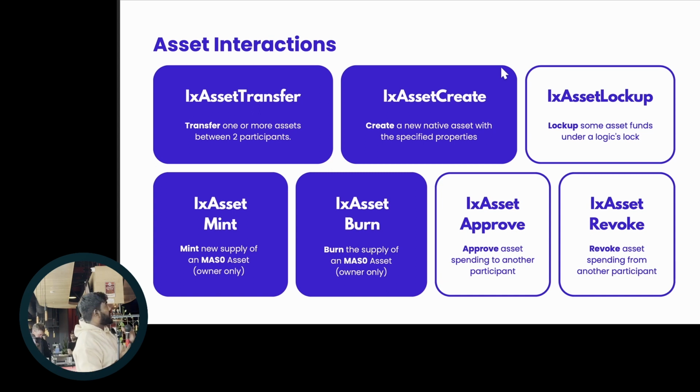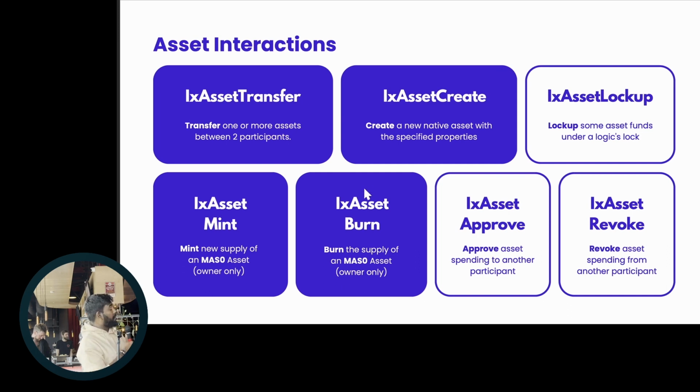Asset create. This is another really cool interaction. You don't need to deploy a smart contract for assets, and I'll show you what that looks like. But I can just fire an interaction as easy as firing a transaction, and boom, I have a new asset created. It will be in my wallet, minted, and it's ready to go. I don't need to deploy, I don't need to write Solidity code, I don't need to write an ERC20 contract or any kind of contract for that matter, right?